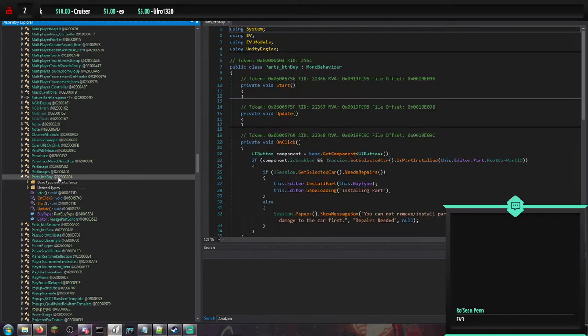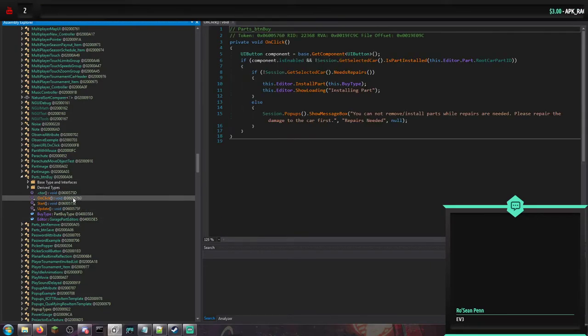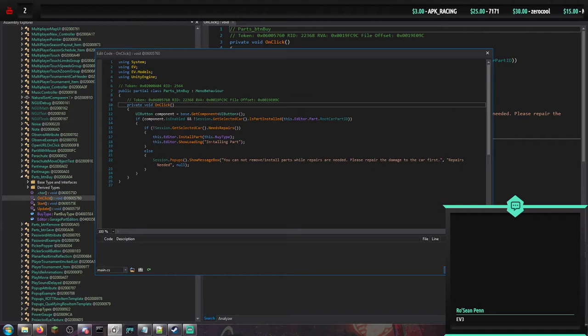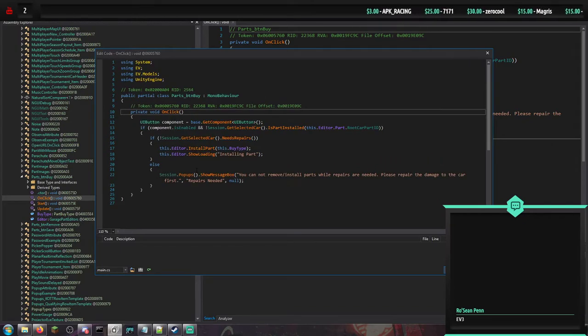So, the buy parts button. I want to see if I can bypass buying parts when your car is damaged. Shouldn't be hard. Just simply edit method. Excuse me. Why is this showing up so small? So it looks like...